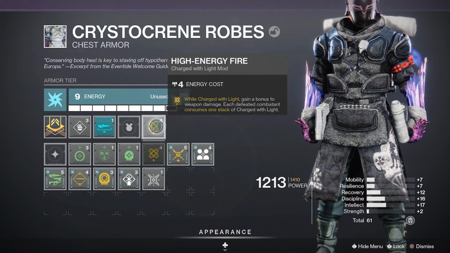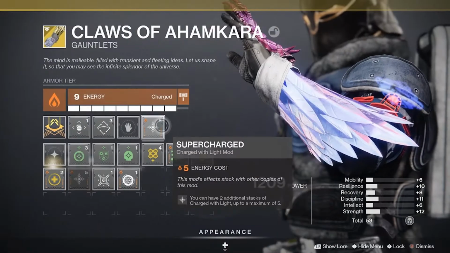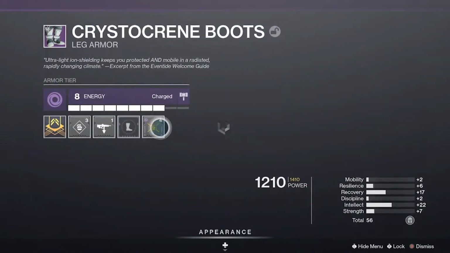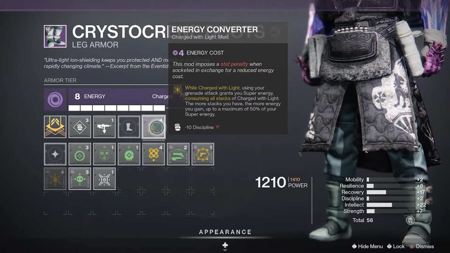So you're getting a buff to your damage while charged with light, but you're also losing that charge with light every time you defeat someone. To complement that, I've also got supercharged on my gloves, which allows me to have multiple stacks of charge with light, up to 5. I've got energy converter on my boots, which increases my